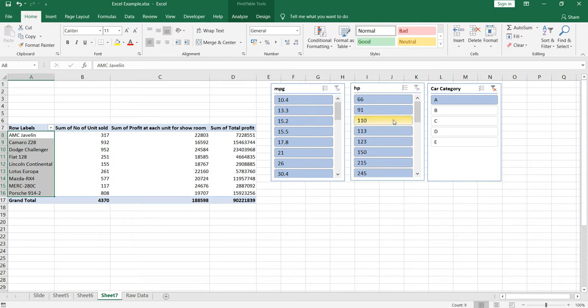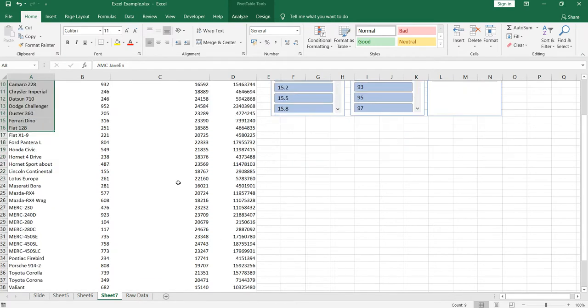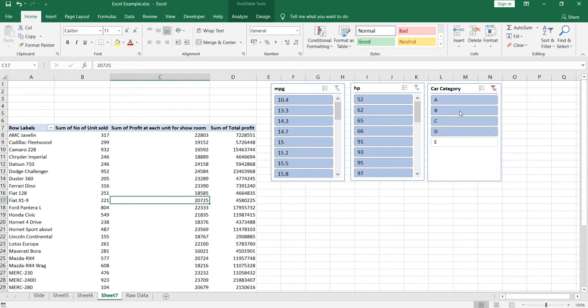Okay, now you have selected car category A. Similarly, you can select multiple categories by pressing Ctrl and then selecting them. So I pressed Ctrl and then selected B. Similarly, I pressed Ctrl and I will select C and D. So once you remove your hand from Ctrl, you will see that your data will be refreshed in this pivot table automatically. Okay, now if I want to select all these 4 categories, or select everything, or clear the filter, you can click on this button and everything will be selected.